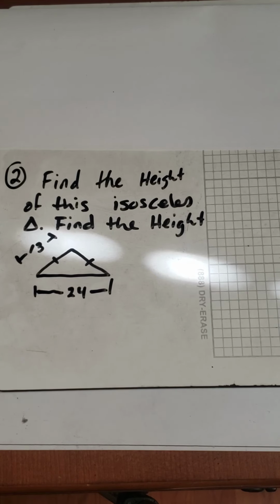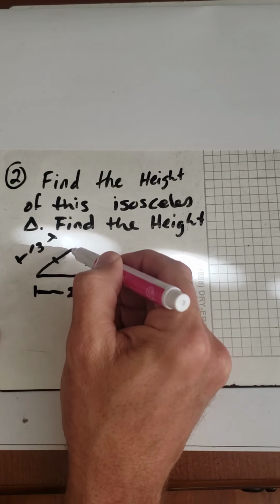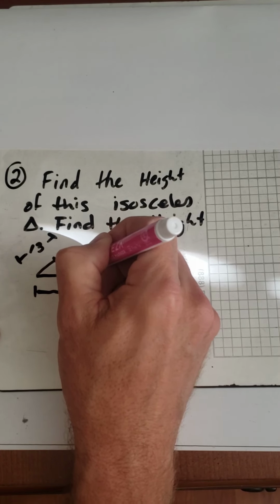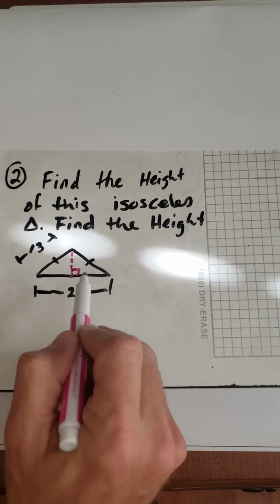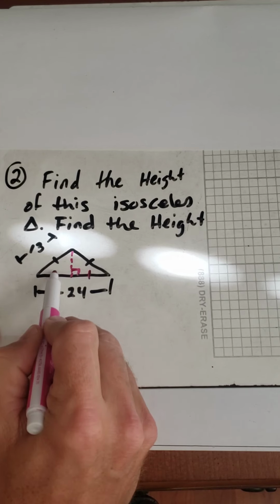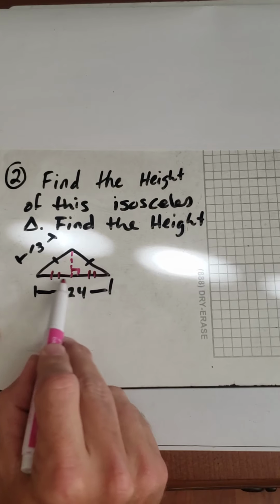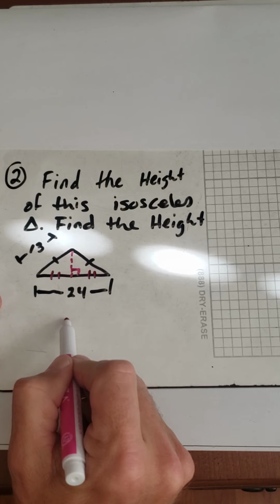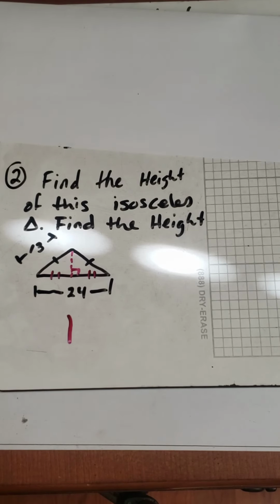Except that we could create a right triangle. So if this is an isosceles, then that means that this point here could be dropped straight down like that, creating a height that is a right angle. And because this is an isosceles, I know then that this length will be the same length as this one. So this will be cut exactly in half. So if that's cut exactly in half, then what I end up with is this. There's my height, and then I have